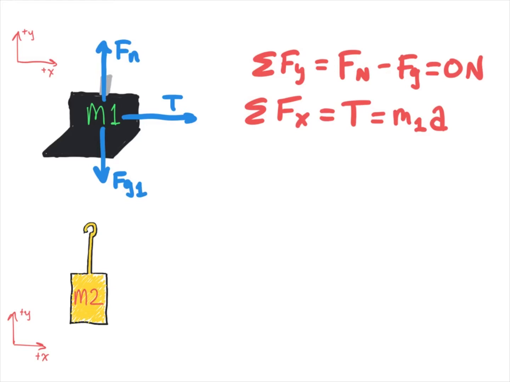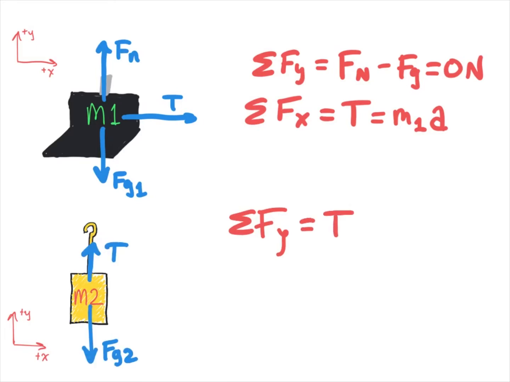Now, for mass 2, things are a bit different. First of all, we should realize immediately that the forces acting in the vertical direction, really, there's only two of them. In this case, it's the tension acting in the upward direction and the weight of mass 2 acting in the downward direction. You should notice that when I am referring to my forces as being either positive or negative, I'm using the convention set up here by my axis system. And as long as I stay consistent with those axis labels,